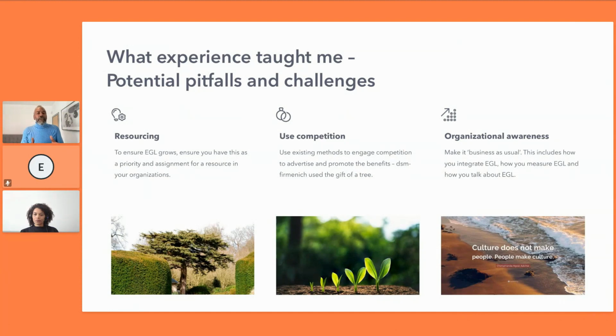And I think that goes back to the third point, something which I found out which was unexpected, but really, really important, which is, as I said before, introduce employee-generated learning as something which is business as usual. It's not a new thing. Working in HR, and I think some of you work in HR or learning or different functions, one of the things we sometimes forget is that an employee is getting lots of stuff from us and other teams.